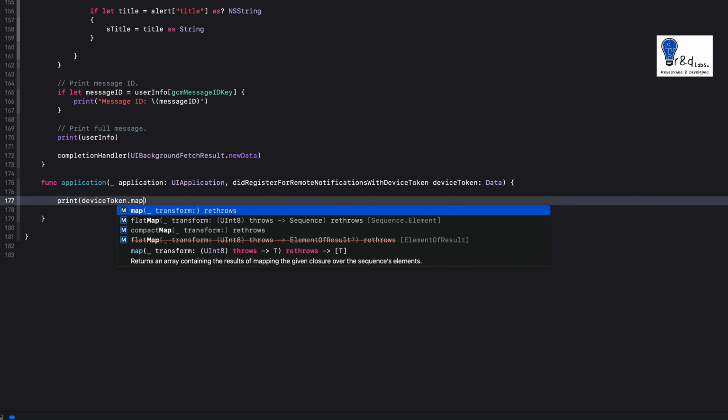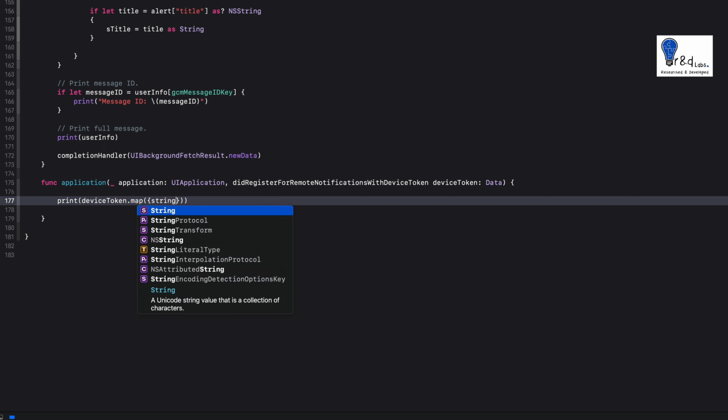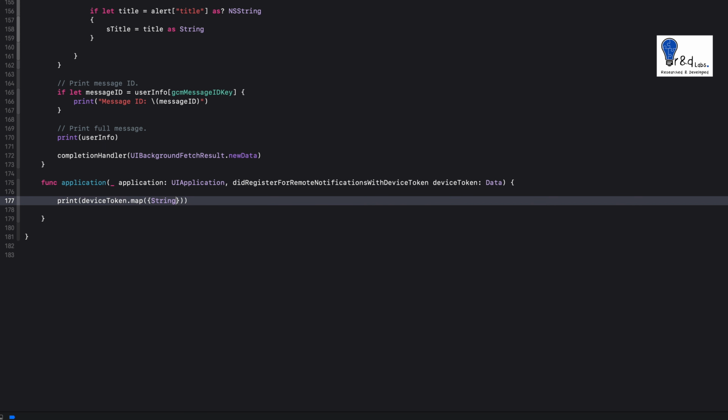We are going to use the map method and transform the NSData to a hexadecimal string. Within the transform, you will have to write String(format: